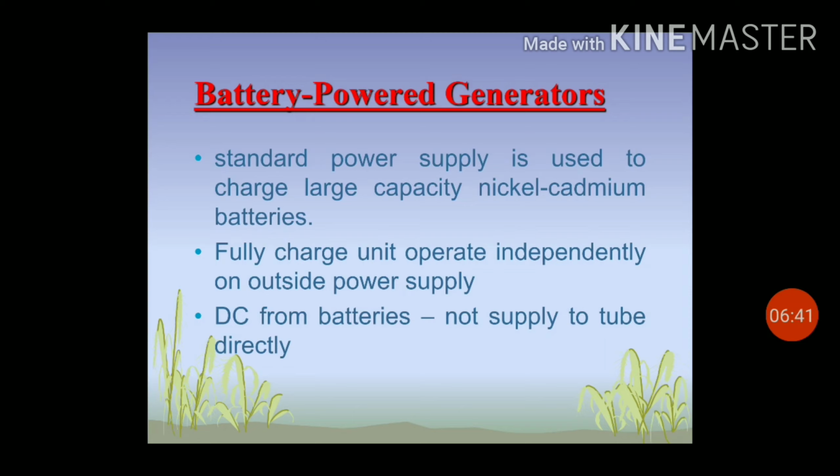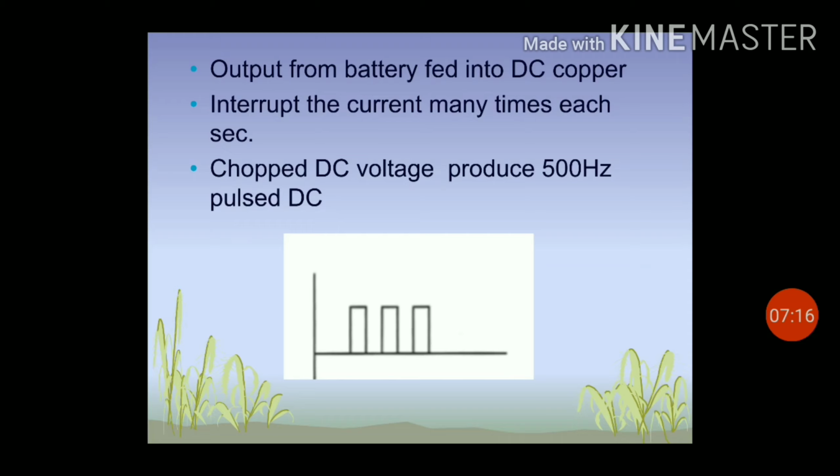Next is the battery powered generator. In battery powered generators, standard power supply is used to charge large capacity nickel cadmium batteries. A fully charged unit can operate completely independent of connection to an outside power supply. The DC from the battery is not supplied to the X-ray tube directly, because the high voltage transformer will not operate on a constant DC power. So the output from the battery is fed into a DC chopper, which interrupts the current many times each second,